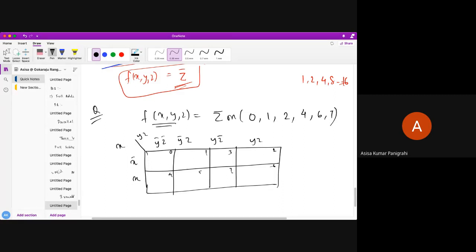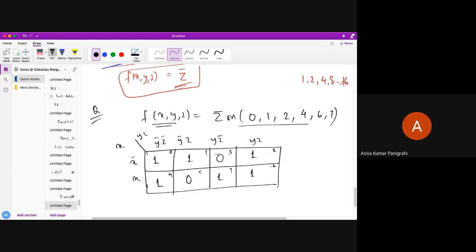So now what you have to do is put those values wherever the min terms are present in this function. So here it is 1 1 1. Okay, next 4, 6 and 7, and other places it's 0. Because there are many min terms, so you do not get confused, I have just put it like this.